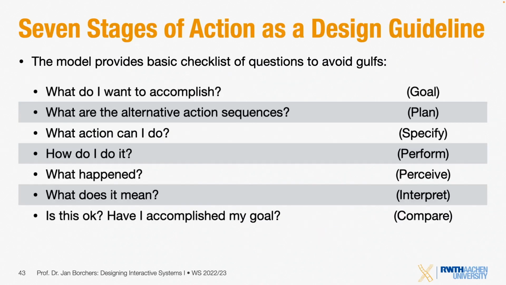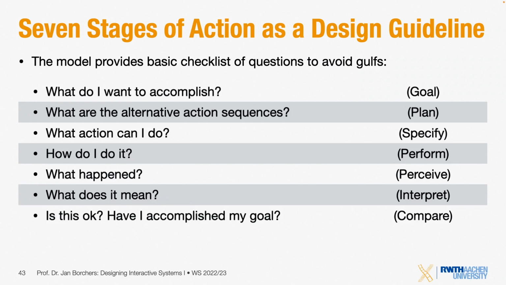So in all, what we can say is that the 7 stages of action, when we take it as interaction designers, can serve as sort of a design guideline, right? So the questions here are really good questions that you should ask yourself as you design an interface, as you look at a prototype of a UI, to figure out whether you can find good answers to them. So first thing is,